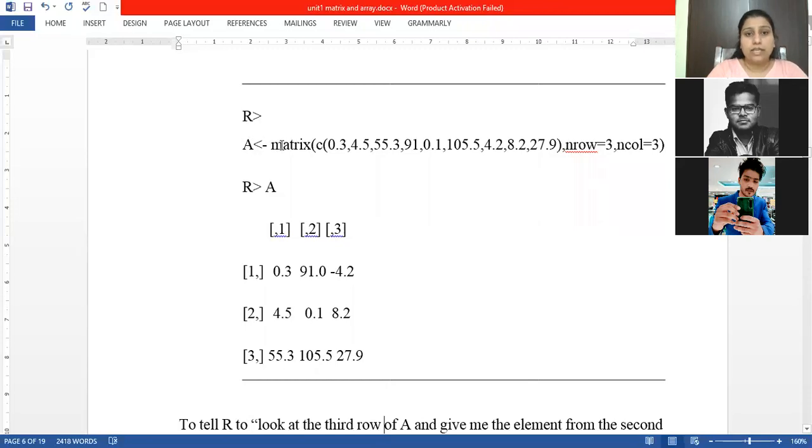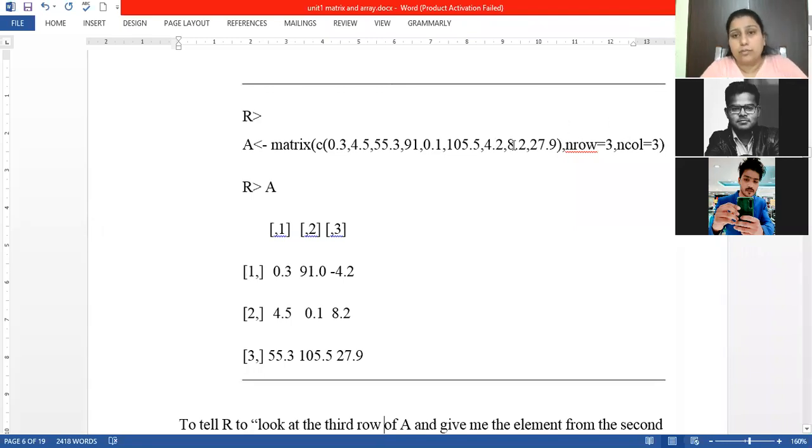Suppose I have taken a new matrix A. We have created a matrix, passed certain values, and defined a dimension here: nrow equals 3 and ncol equals 3. It means we are defining a 3 cross 3 matrix. Whatever values you have given here will be split into the defined dimensions.